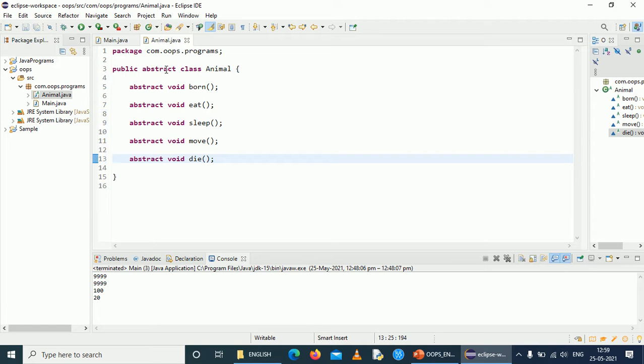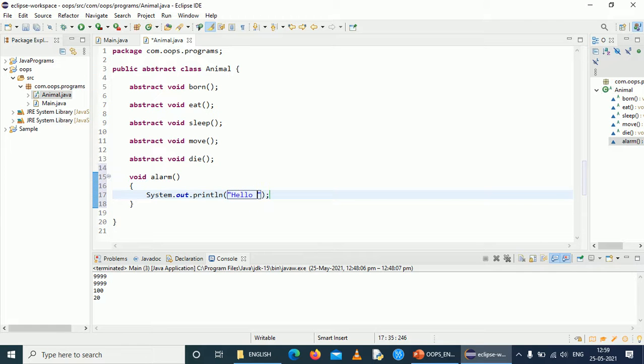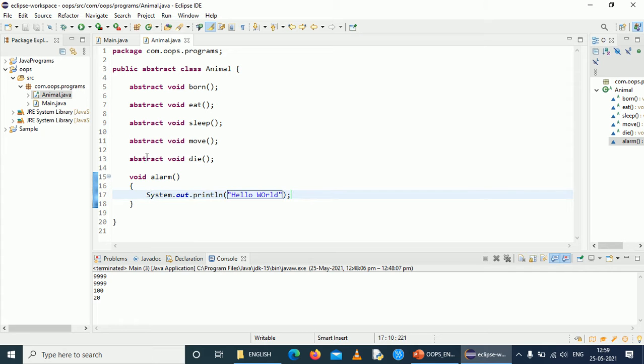So I have created an abstract class that holds the keyword abstract. This keyword makes this class abstract. An abstract class can have abstract methods as well as non-abstract methods. Right, so this is a non-abstract method where it has a definition, whereas an abstract method will not have a definition. It will have only a declaration, and it will hold the keyword abstract before the return type.